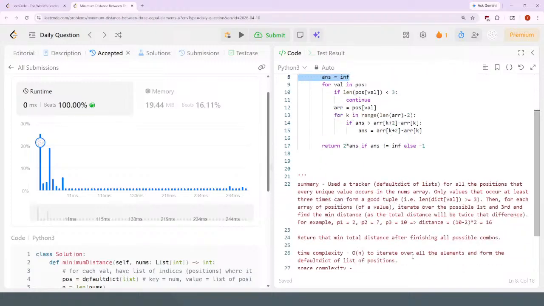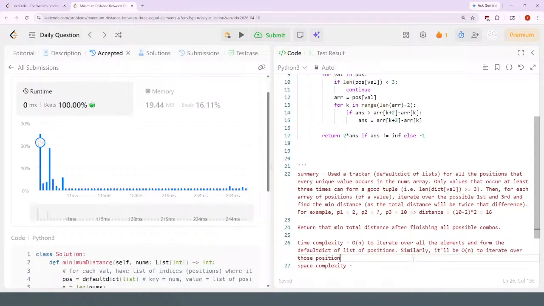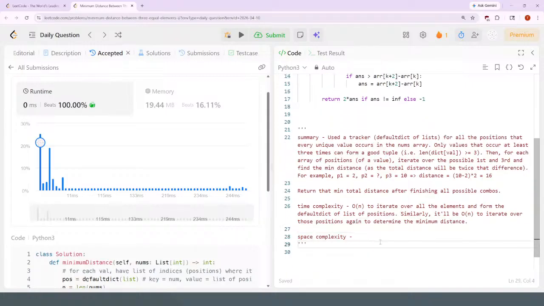And then similarly, there'll be O of n to iterate over those positions again to determine the minimum distance. So overall, it's O of n. Space complexity is O of n to store the default dictionary of positions, which will have at most n entries. Well, no, technically we'll have, which will have all